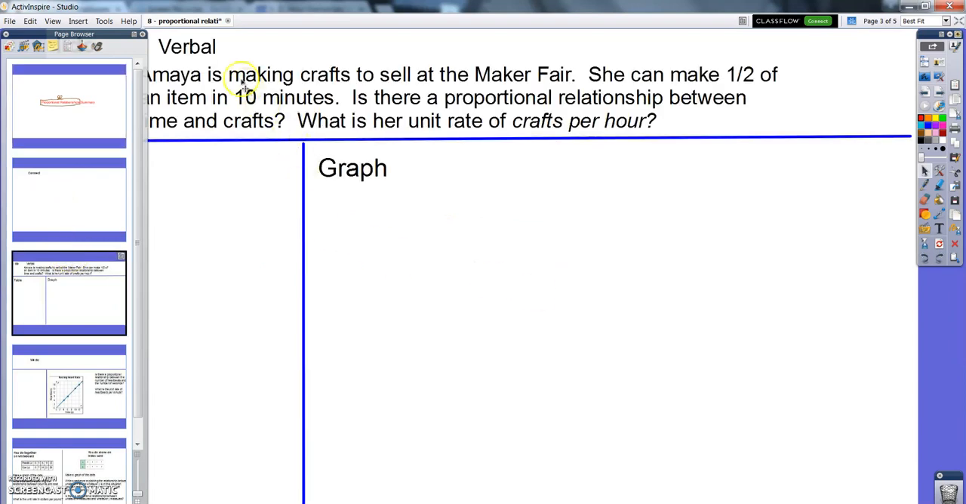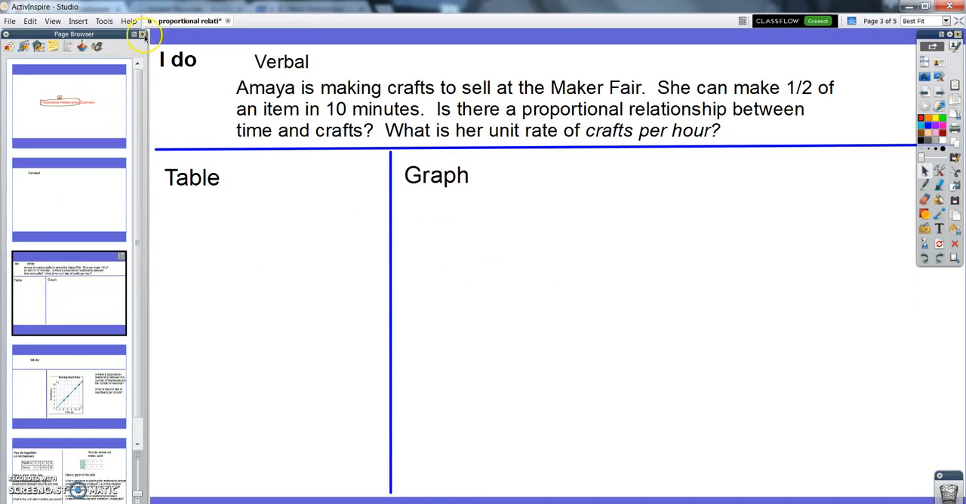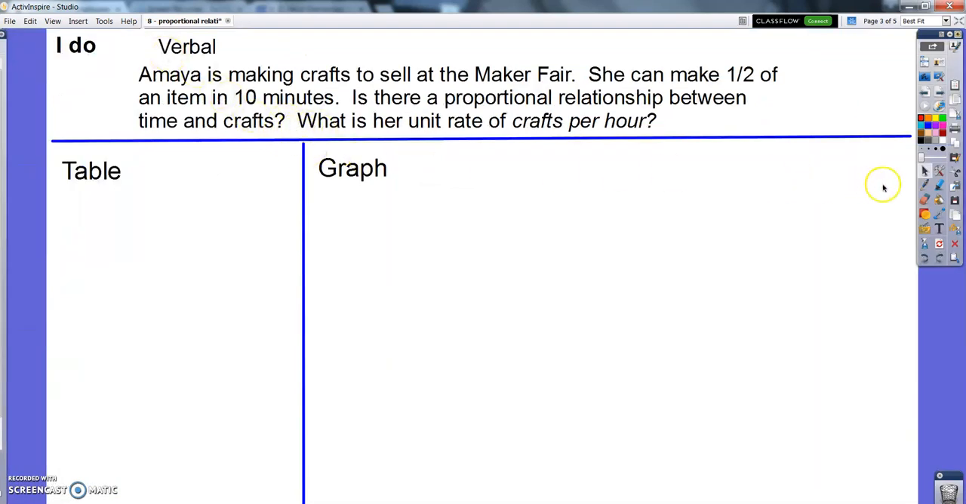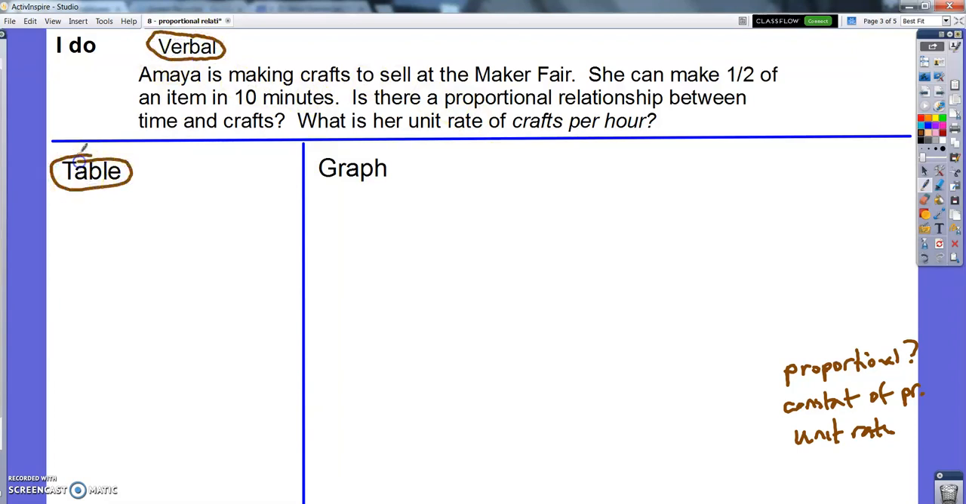go. All right. So there are three situations where you can decide if a relationship is proportional or not, and find your constant of proportionality and your unit rate. Those are all the big things to find in these situations. We can look at verbal explanations, tables, and graphs, all the most helpful ways we have learned to find it. So this one I'm going to give you the verbal and talk you through the table and the